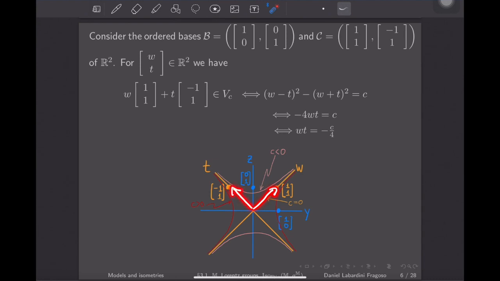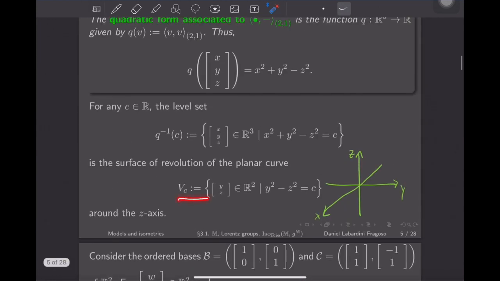And now for a pair of real numbers, I have a vector, a point, but written in terms of my rotated basis. We have that that point belongs to this level set,